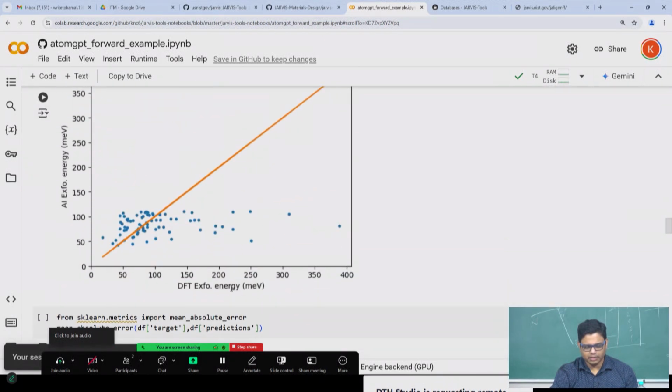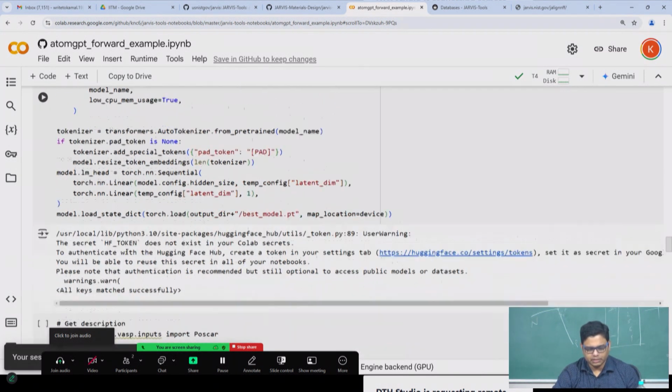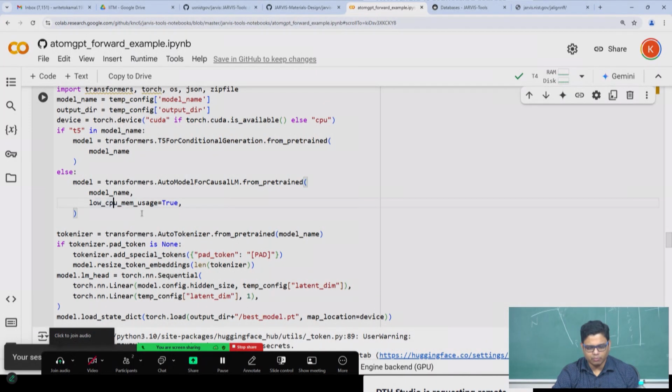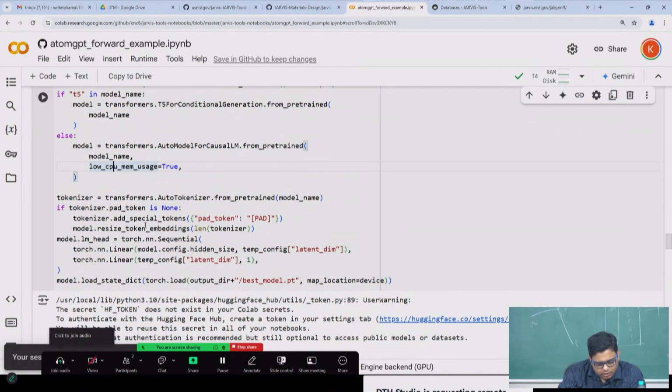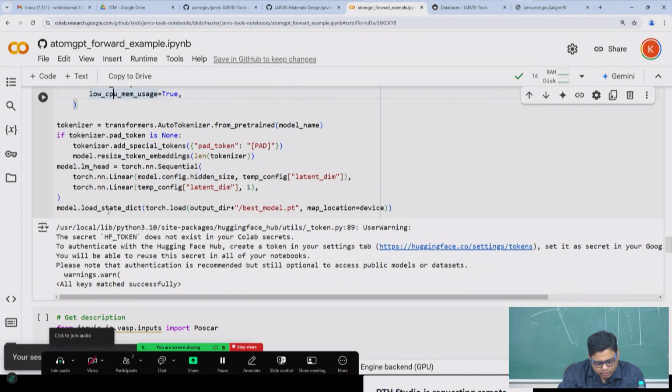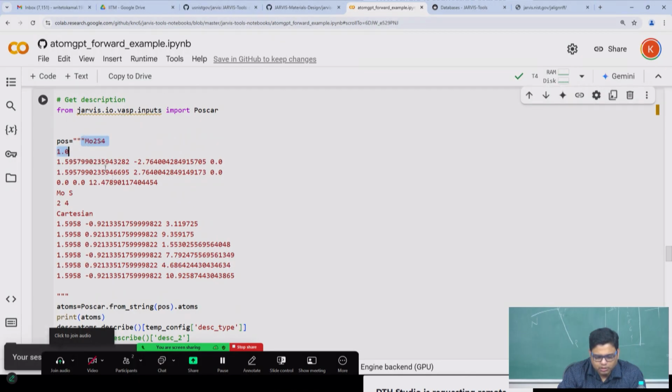And this is the exfoliation energy plot that we did for ALIGNN as well. 39 versus 41 in the previous case, so slightly better in terms of MAE. And you can save the model like this. Yes, this is how you save the model, load the model, and suppose you have a new POSCAR file,